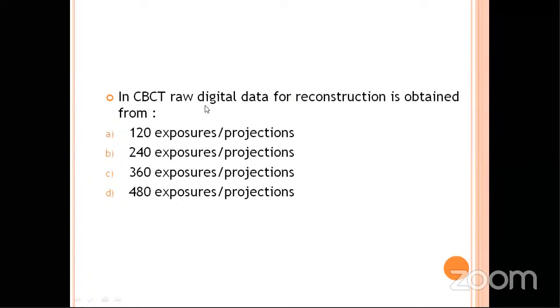In CBCT, the raw digital data for reconstruction is obtained from projections. As I told you, in CBCT, the machine will revolve around the patient completely. அதாவது ஒரு சுத்து ஃபுல்லா சுத்திட்டு தான் வந்து ஒரு இமேஜ் எடுக்கும். So obviously it is 360 exposure per projections. Okay,